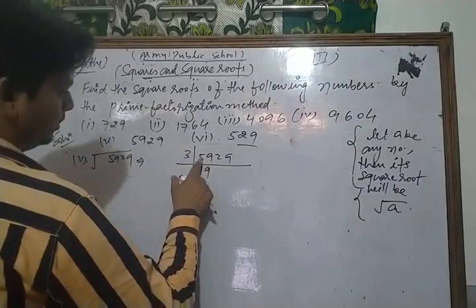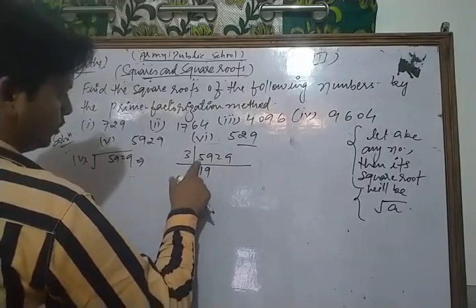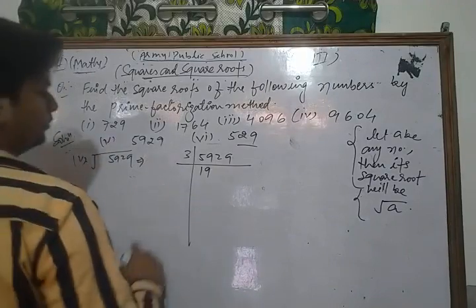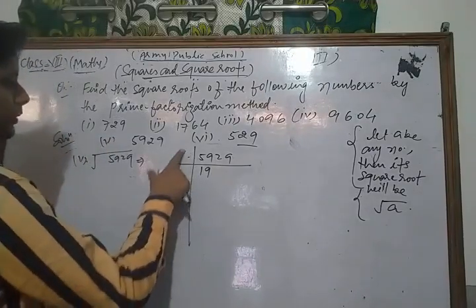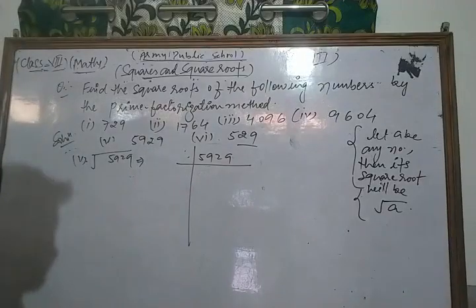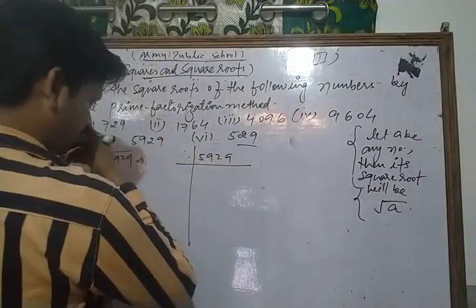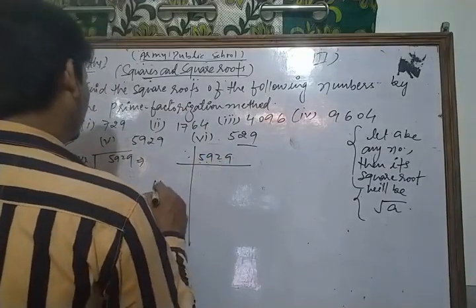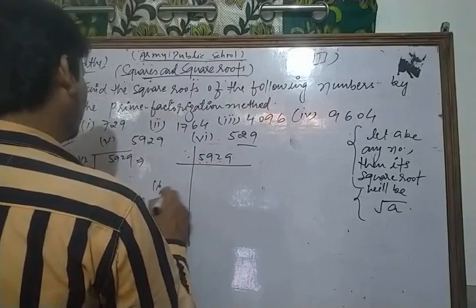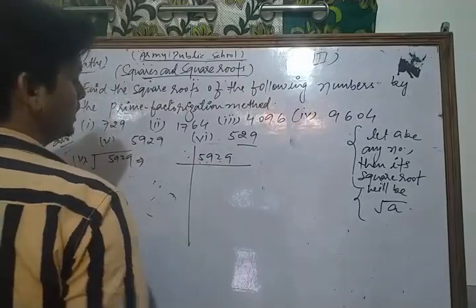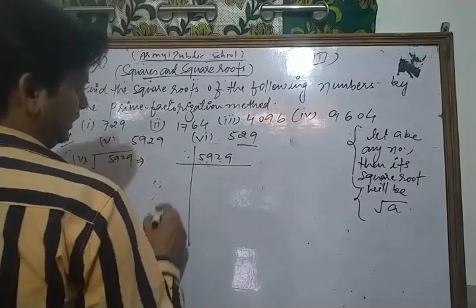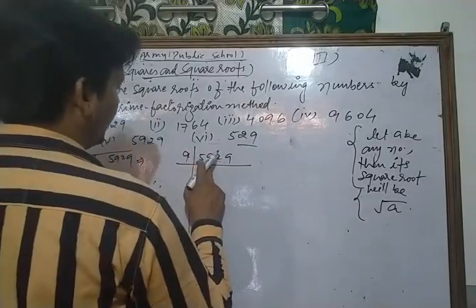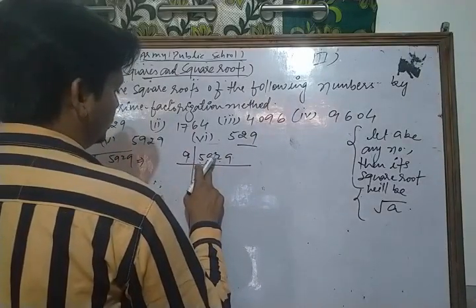Now let's see, 3 7s are 21, 3 1s are 3, carry 2, 3 9s are 27, plus 2 is 29. Okay, no. So this number is divisible by which number? You know that? Which number? So 5 7 9 16 16, 9 25. Okay. Now this number is divisible by 9, 9 9 no, 9 9 54, 5.